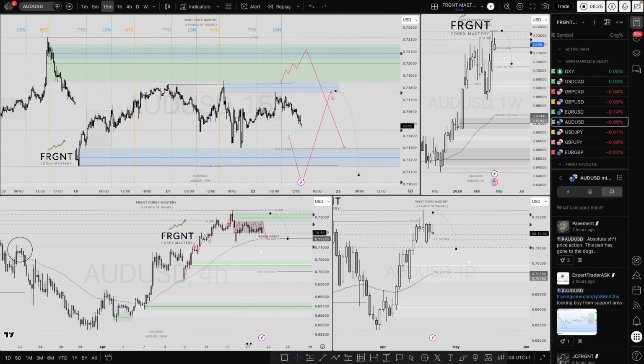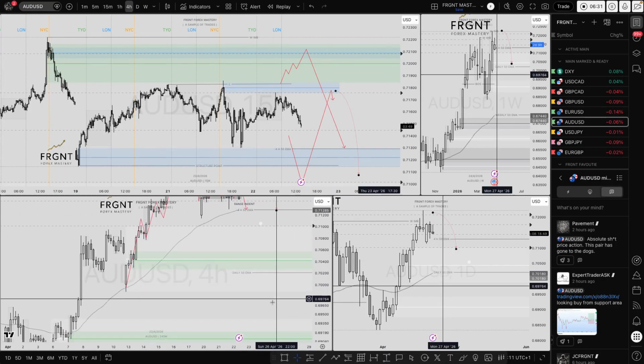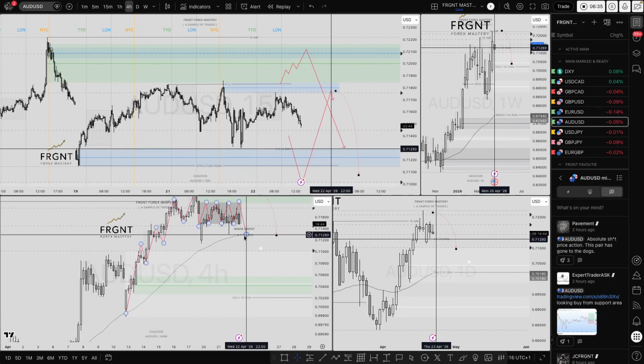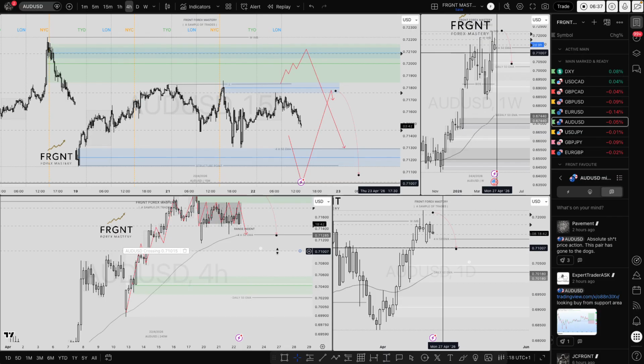AU, I'm not interested at all at the moment. I've understood, based on a 4-hour time frame, very much so range bound. So I want that range to be broken, as you can see here on my 4-hour time frame. Range is identified. Again, that 4-hour 50 EMA playing a major part in keeping AU still in the reversal territory if I'm looking to take any type of shorts at the moment. Again, just like EU, without that break below the range, specifically also below the 4-hour 50 EMA, where price is bouncing from at the moment.